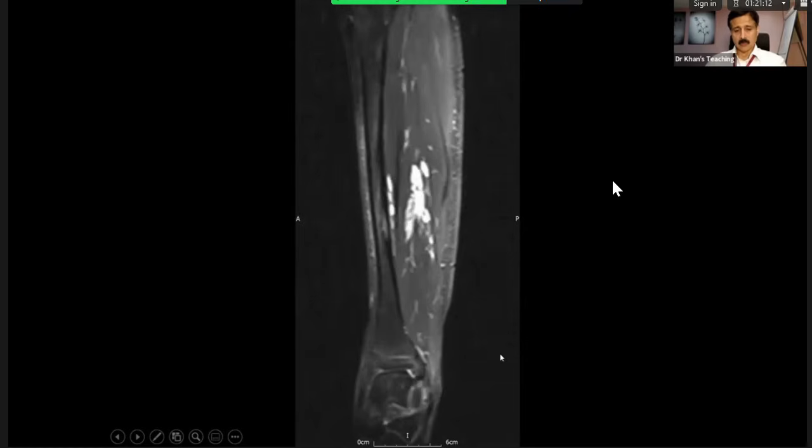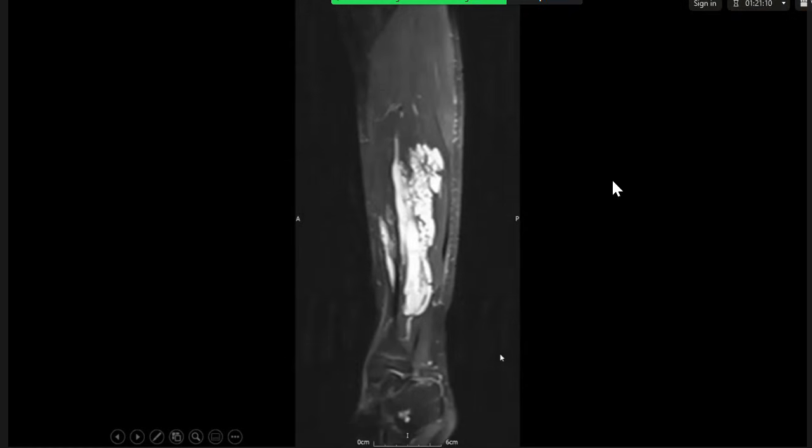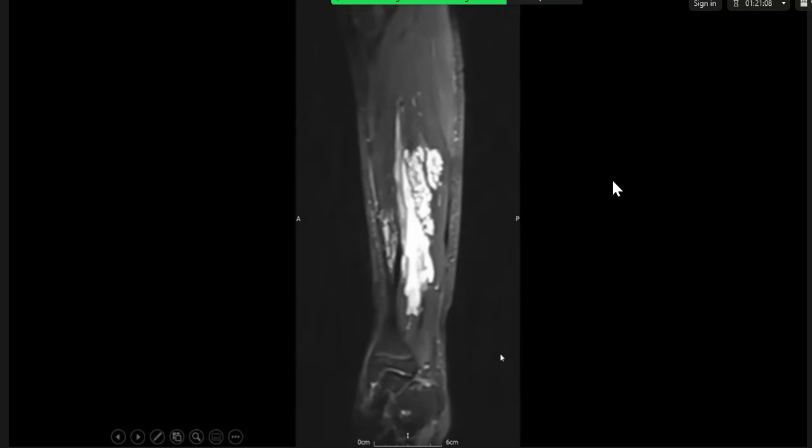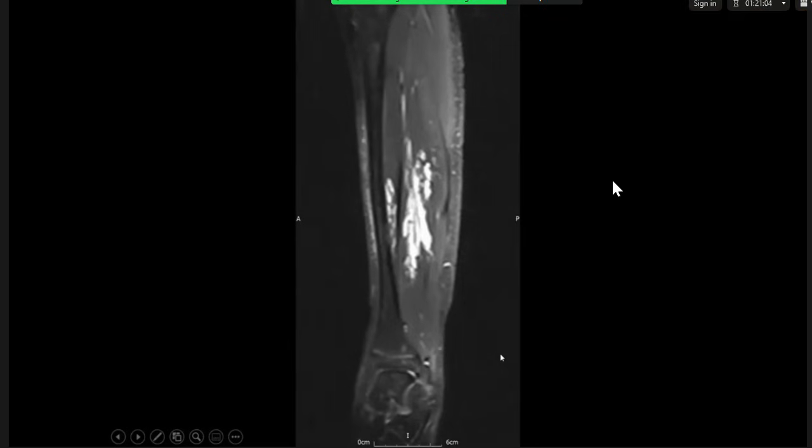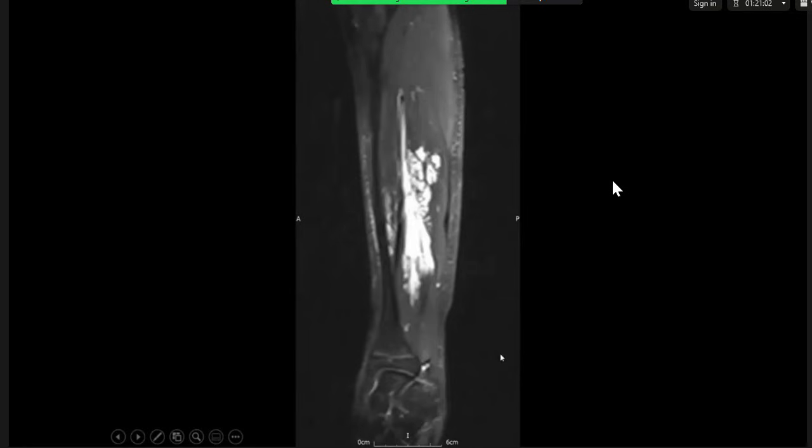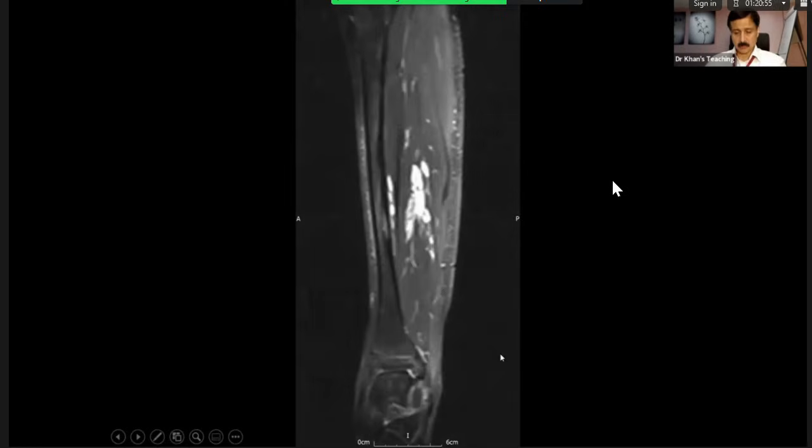Yeah. So we got posteriorly, there's multiple. What is the sequence? So this is a fat suppressed sequence. It's a STIR sequence. Please continue. So in the